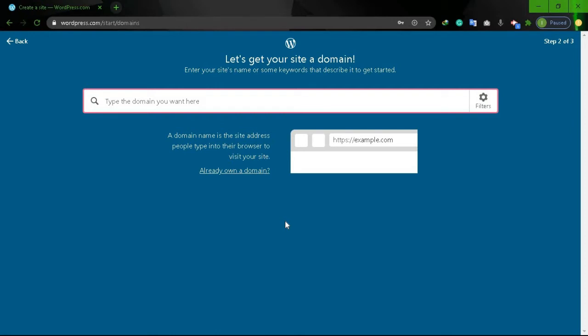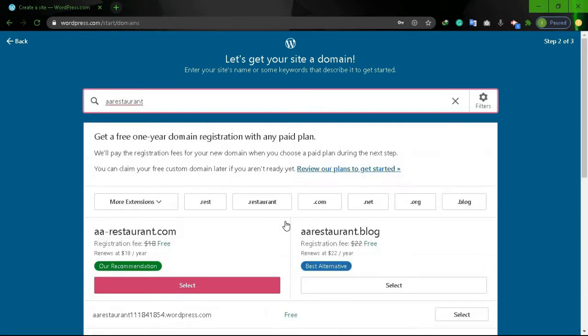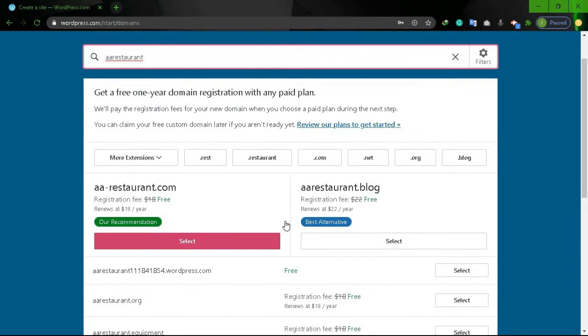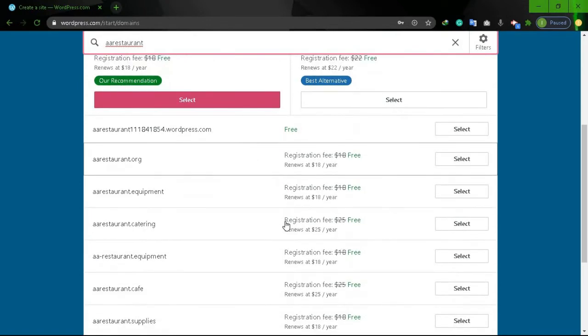Step number 2, you have to select a domain for your website. For example, we will make a website for a restaurant, so type the name of the restaurant. You can see that many domains are showing.